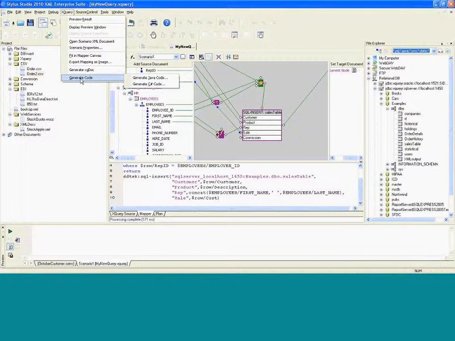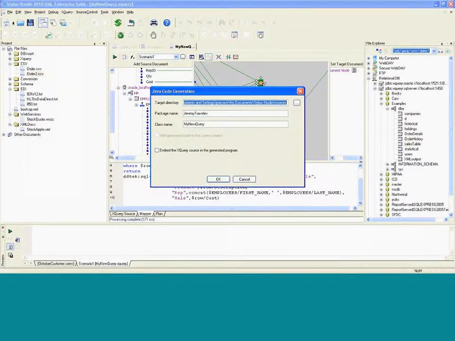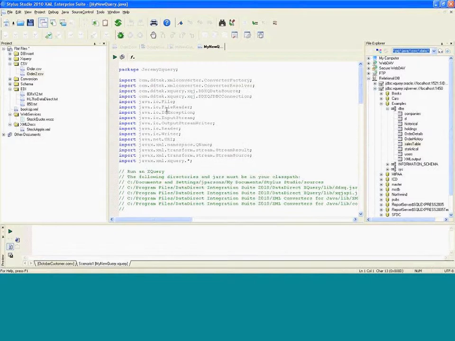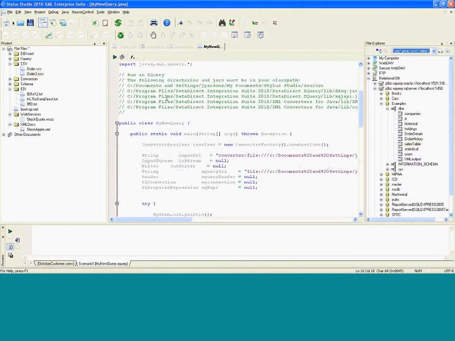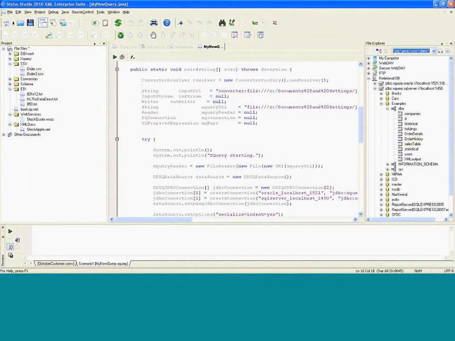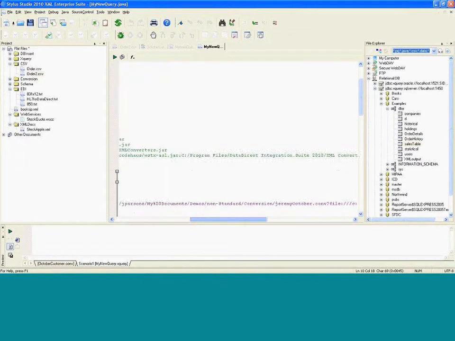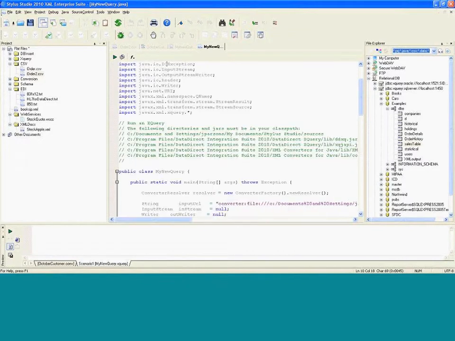You can open up Studio, open up any XQuery, and you can create Java code by selecting Generate Java Code. Hit OK, and you'll see here now I have a program that has all of the modules needed for executing that XQuery.